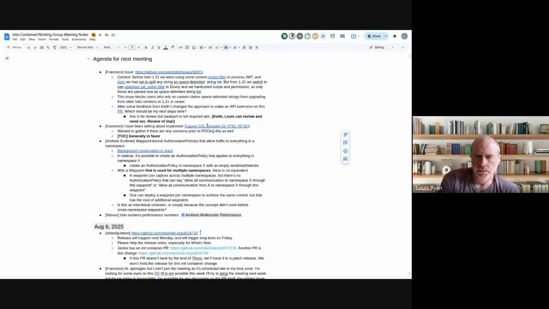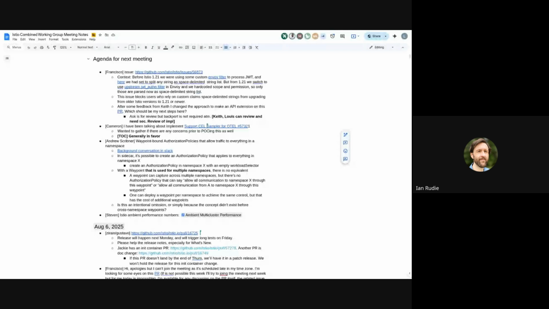Ian? So I think from a multi-tenancy model where you have two teams in different namespaces that are sharing a waypoint, currently what we do is if you want to bind a policy, you bind it to your own service, and the waypoint just implements that. Saying, oh yeah, we'll allow them to bind a global policy to a waypoint across namespaces is probably not the way, even if you're going to hope that they scope it down later.